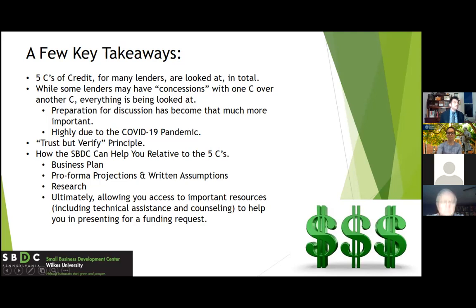In terms of the 5 C's of credit, the one thing, I've been in lending for a while. I actually spent the crux of my career working in various capacities related to credit, to loans. And the one thing that I would say to y'all is the 5 C's of credit are very, very important, but nothing really supports